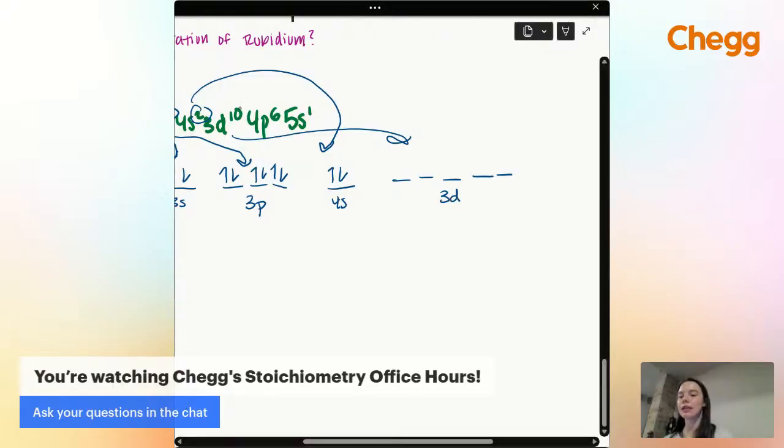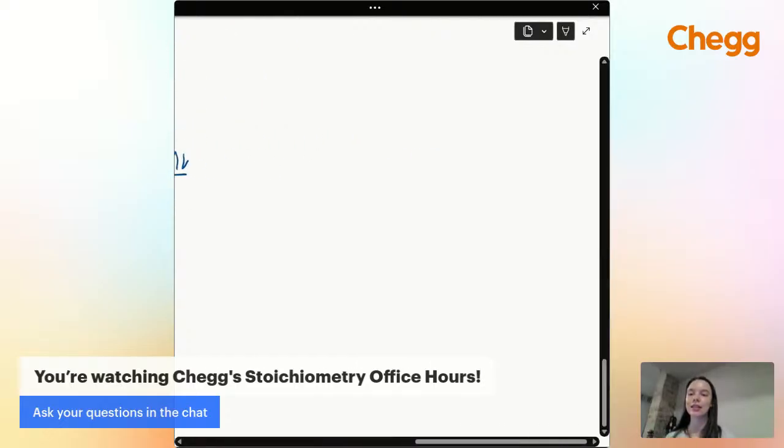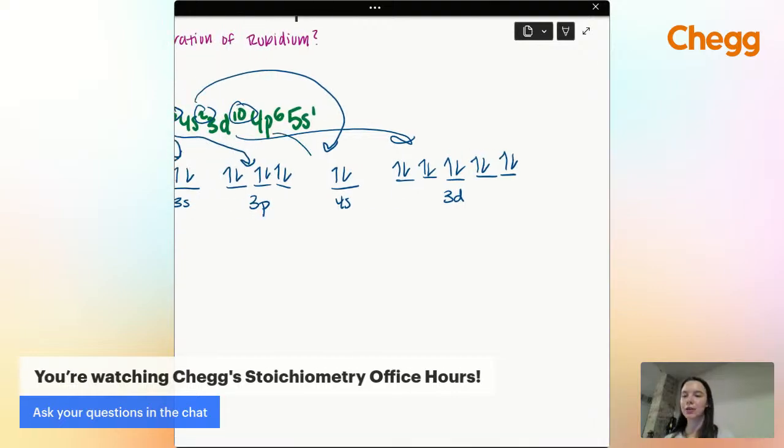Then I would write 10 electrons in. So up, up, up, up, up, down, down, down, down, down. And then we'll start a new one down here. P, we have 3 orbitals because of 3 subshells. We go up, then up, then up, and then we go down, then down, then down.